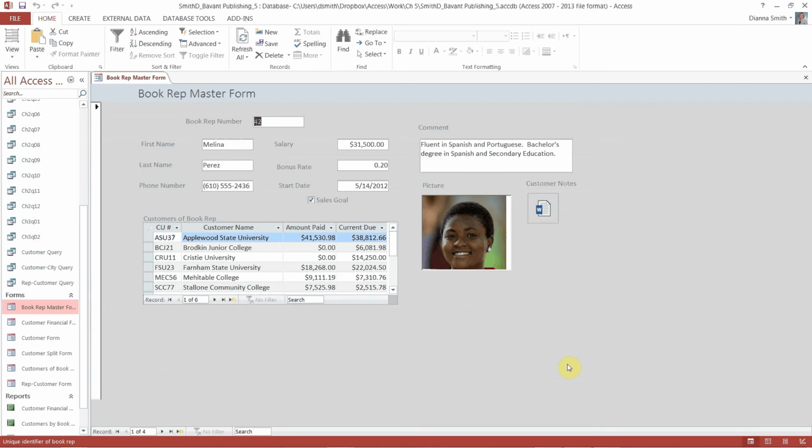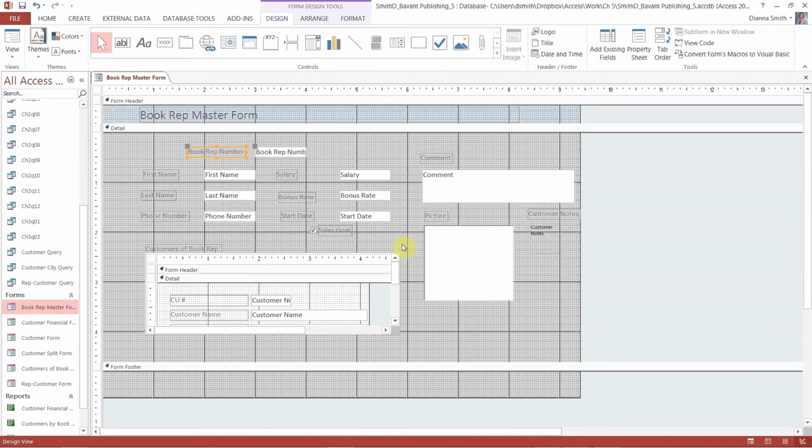Alright, now to change the label effects and color, let's go back to our design view, and we want to change all of the labels. So we're going to hold the shift down and click on every single label. Including the sales goal for the first time, right? Alright, so with that done,